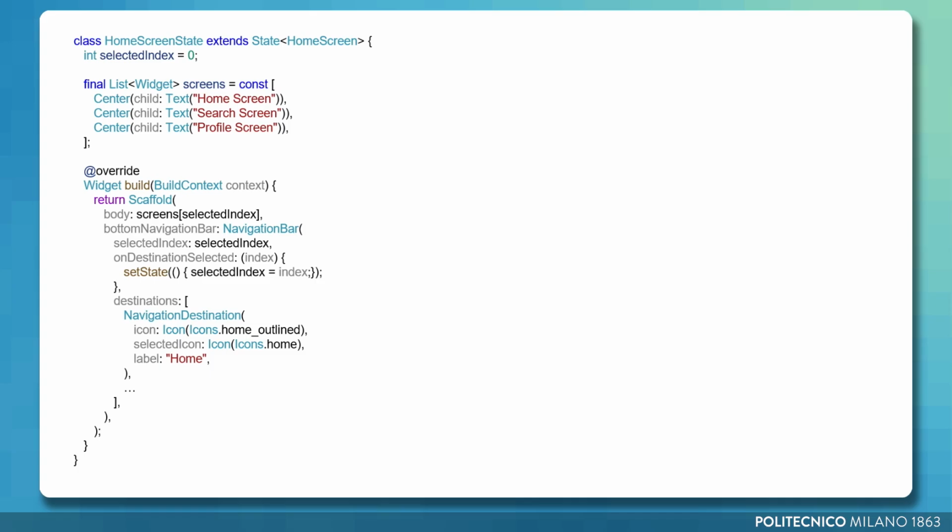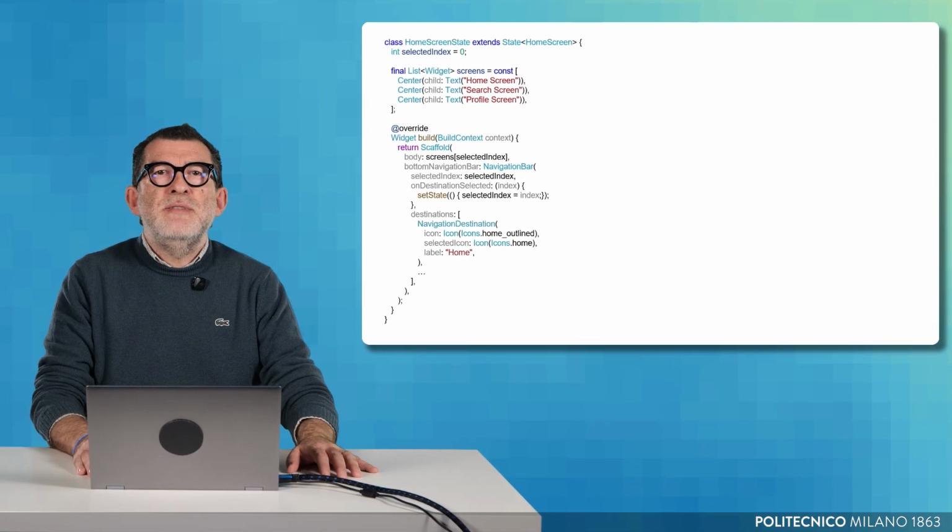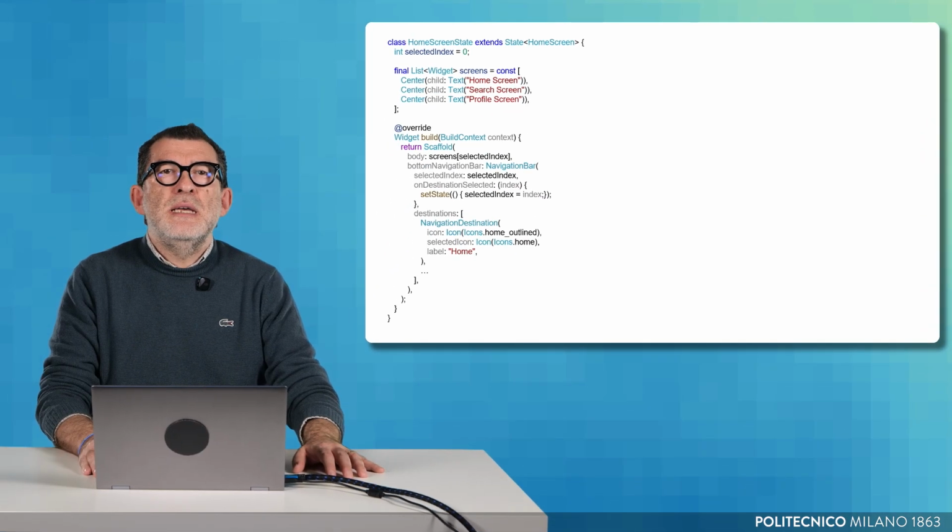The interesting part of the example is the usual build method, where we create another scaffold. Its body is exactly the screen selected by using selected index. Then we use the bottom navigation bar, which is a parameter of the scaffold that we have not used before, and is defined by a navigation bar. The navigation bar also has a selected index parameter, which is initialized using the variable selected index. We also define